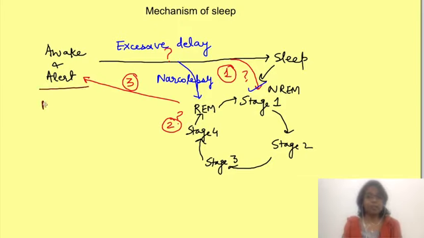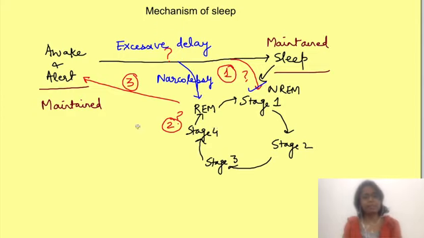Then secondly, once you enter a state, that state should be maintained for a specific duration. So once you are awake, that state should be maintained and you should not feel sleepy for a considerable amount of time in a day. That will be abnormal, isn't it? Similarly, once you sleep, that should also be maintained. It should not be that you wake up frequently in between sleep. So how do these complicated phenomena of induction of a brain state and then its maintenance actually happen?